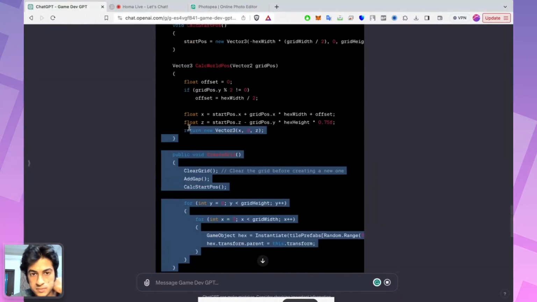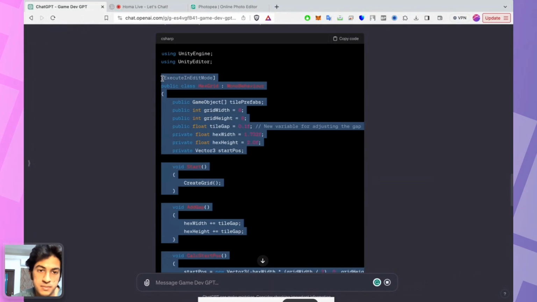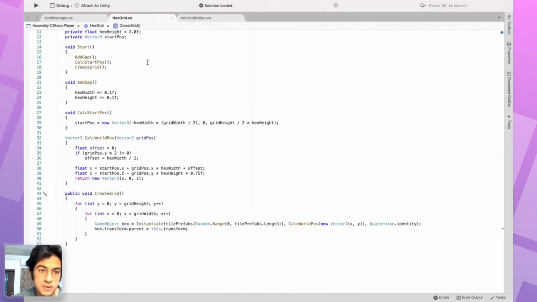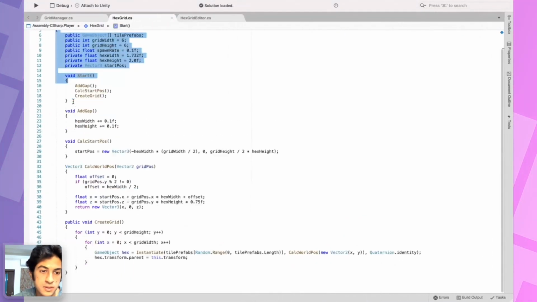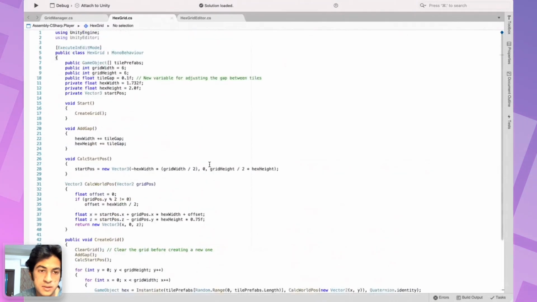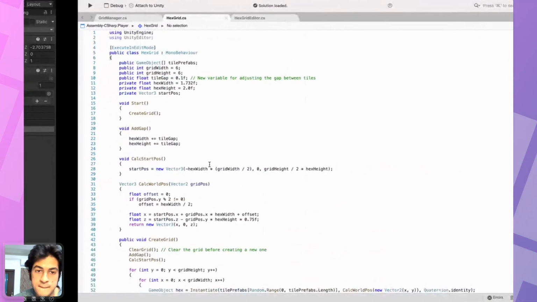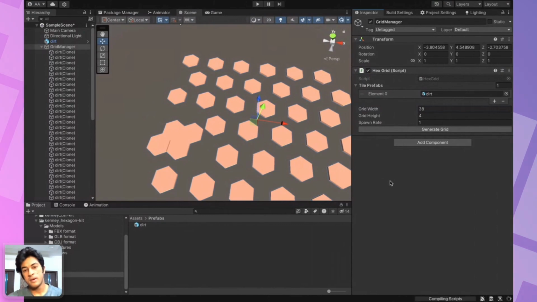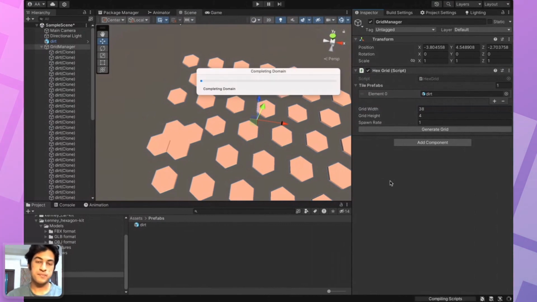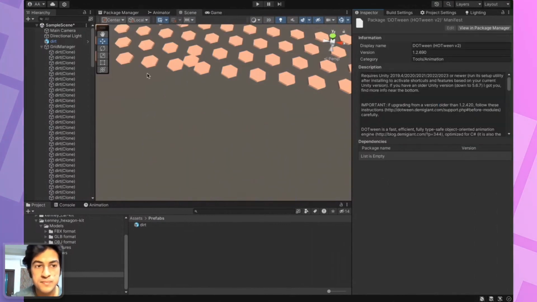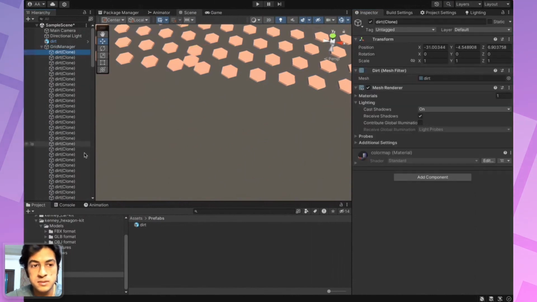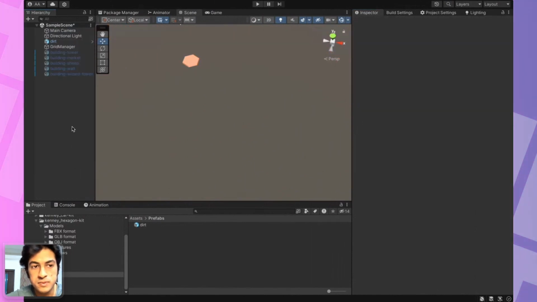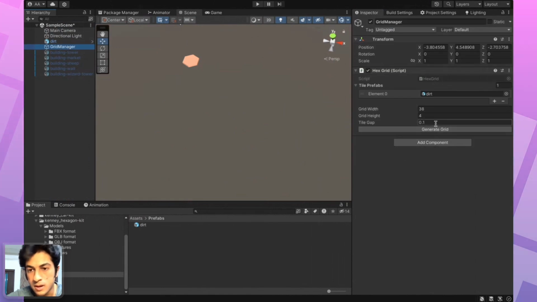Okay, so let's copy the script back into Unity. Let's delete the previous ones. Generate.